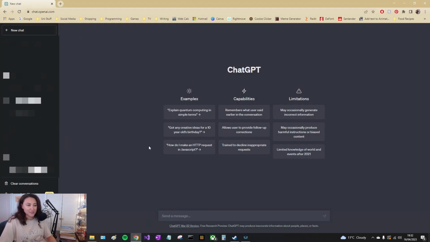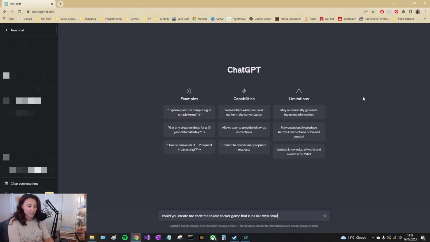Okay, so let's make an idle clicker game using ChatGPT. Alright, so first of all, I guess we're going to need ChatGPT open. From now on, I might refer to ChatGPT as Bob, just because I can't be bothered saying ChatGPT all the time. Okay, so, could you create me code for an idle clicker game that runs